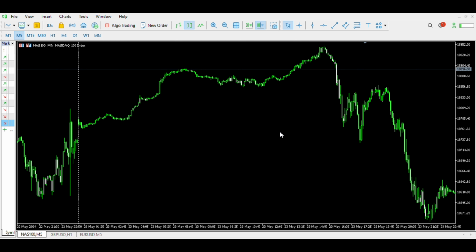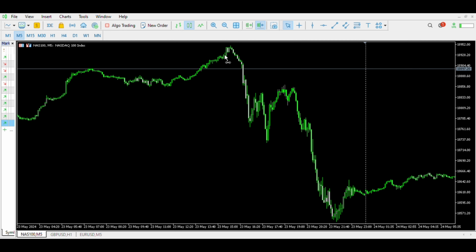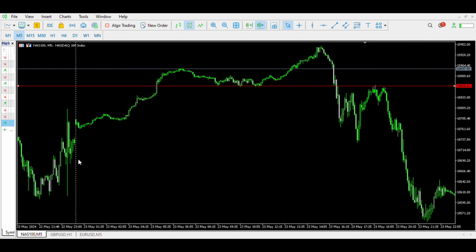Okay, so what I'm saying to you is I would not just get into a sell from here, hoping it goes back there, because it could drive up significantly before it comes down. What I would do is what I tend to do, look for price action here, probably on the 1 minute chart. You can see this, we had the trend, then we had a breaking structure here, and it started driving down. When it started driving down here, if you entered roughly here, so we had a pole, flag, enter in here, taking that trade, you could hold that and fill that gap, and that would have gave you